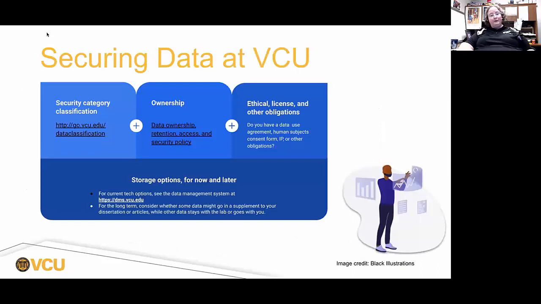I can't talk about research data without talking about data security, because lots of research stuff cannot be stored just anywhere on any USB drive that you want to put it on. There's broadly 3 things to think about when you consider what type of storage and backup options you have for data specifically. This category of how sensitive your data is,